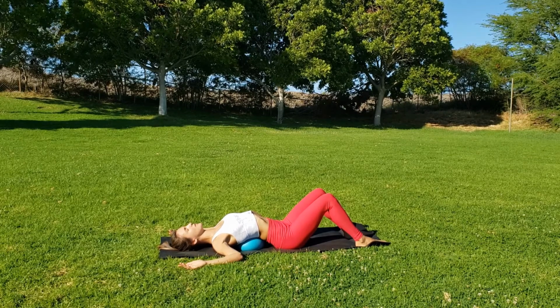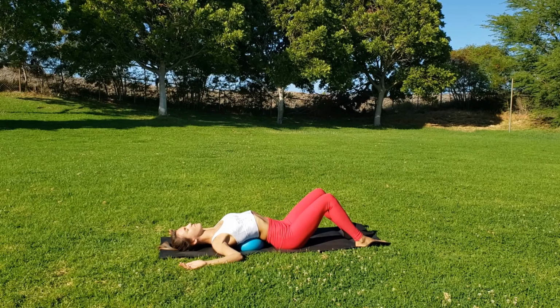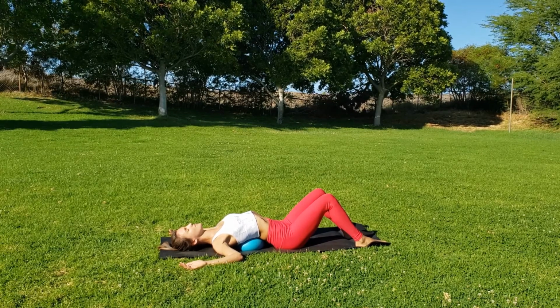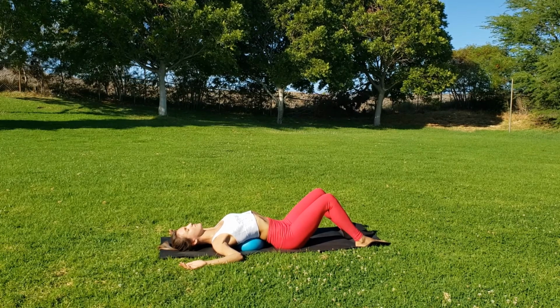Maybe you need to move the ball a little bit higher up or bring your feet a little closer into your seat. Feel free to experiment. When you find your best and most comfortable position, feel free to close your eyes and take a couple deep